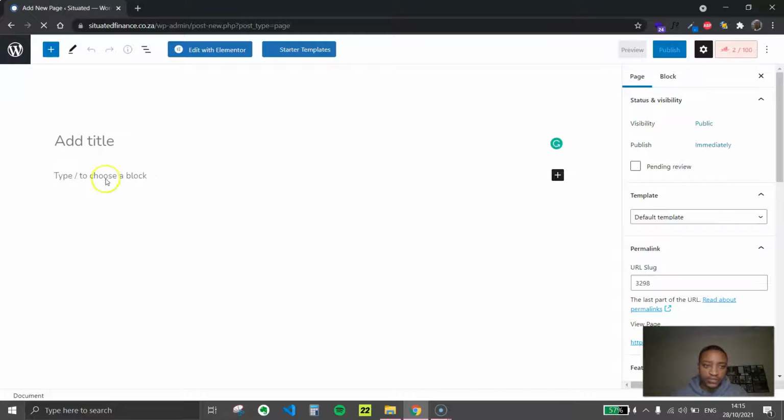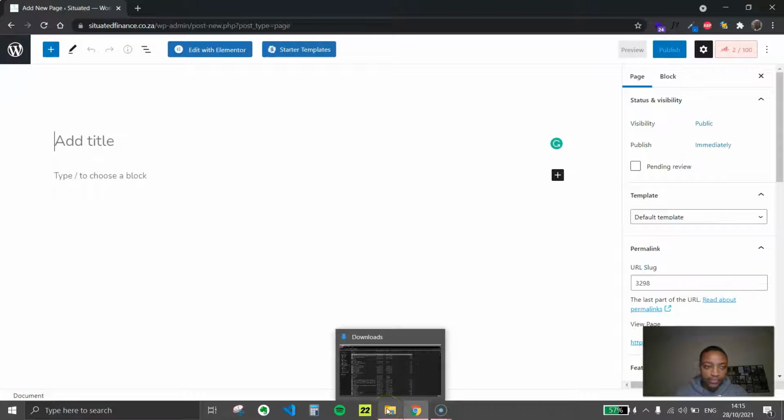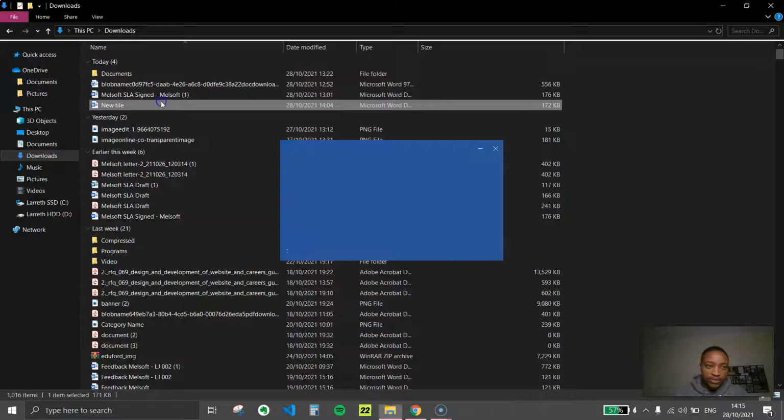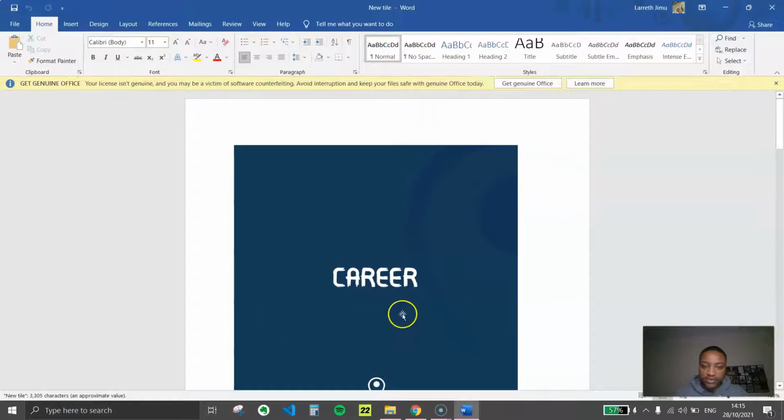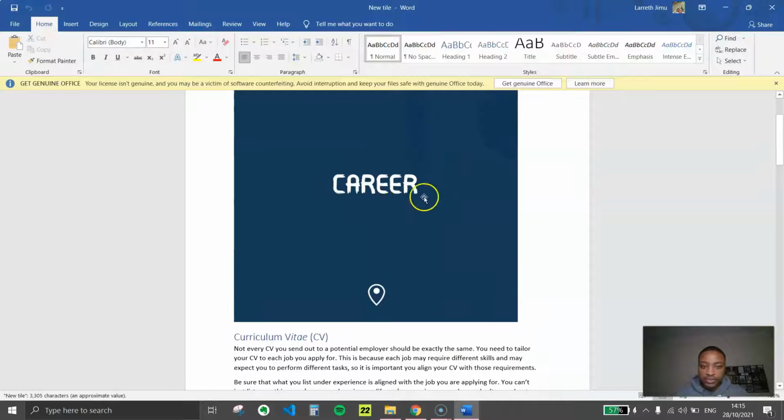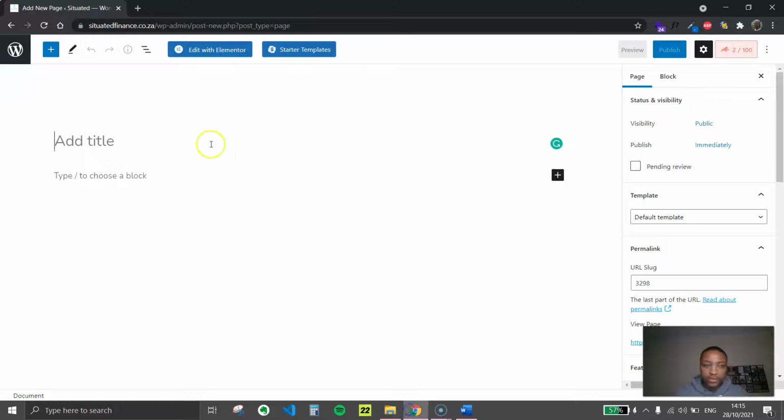So it gives you this, the same way. You can see that the layout of this is exactly the same as when you're adding blogs. So firstly, you get the name of the page. I'm just going to open the document with the content so I add the right things. So this one is career. Let's start with career. Just type in career,